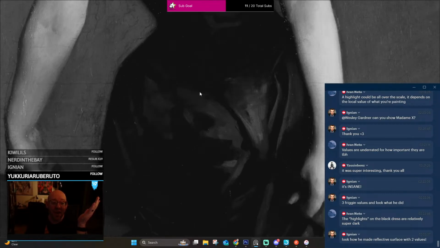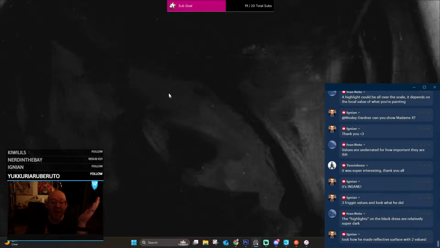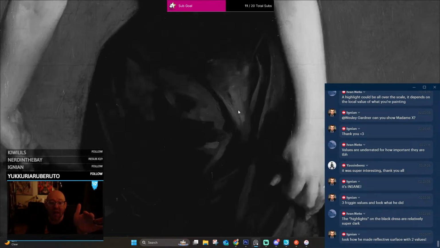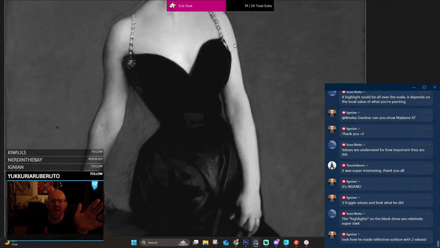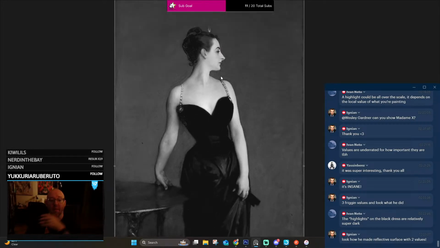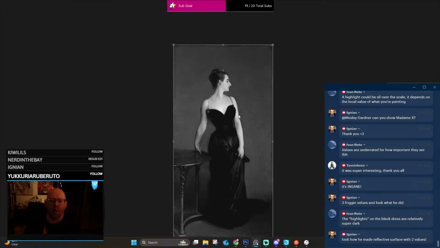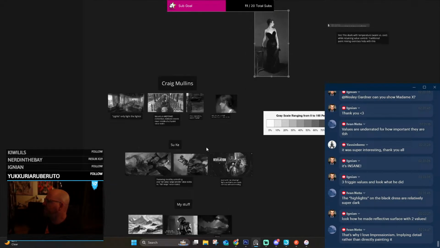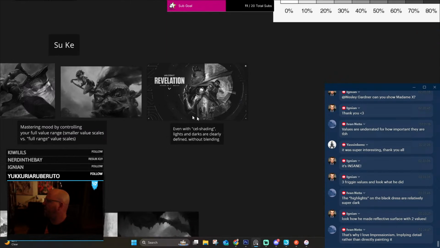Yeah. And look at the highlights of the dress. Exactly. These highlights, this form highlight, because it's getting caught by the light, is way darker than the light being hit off the skin, because of the material, because of the reflectivity, because of the way the light's going to bounce. It's unbelievable. It's truly a remarkable painting. So great idea bringing it up. And then, so we got those, we got the full range thing.